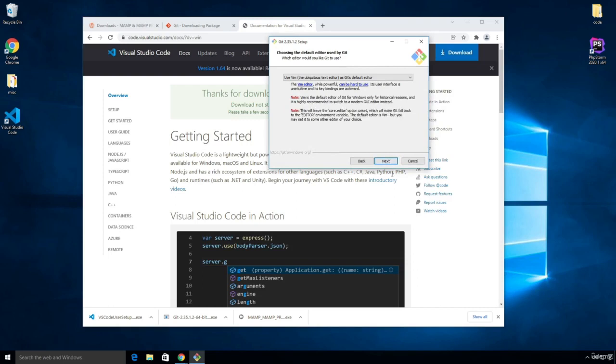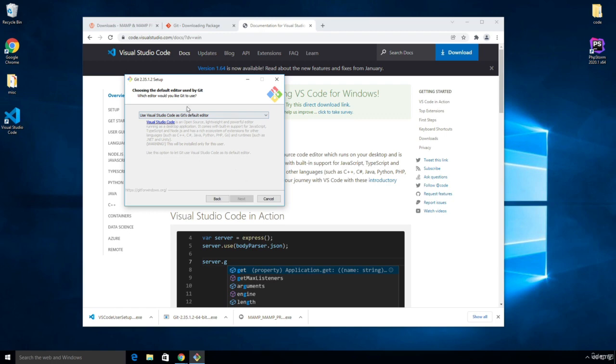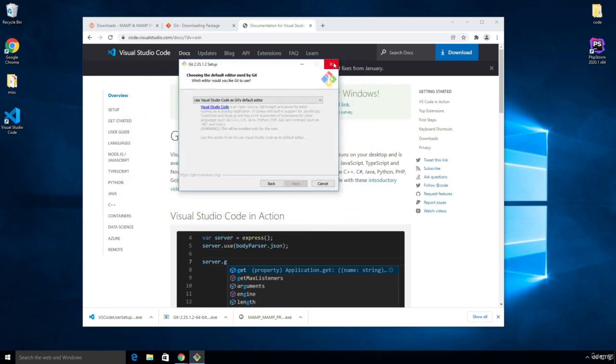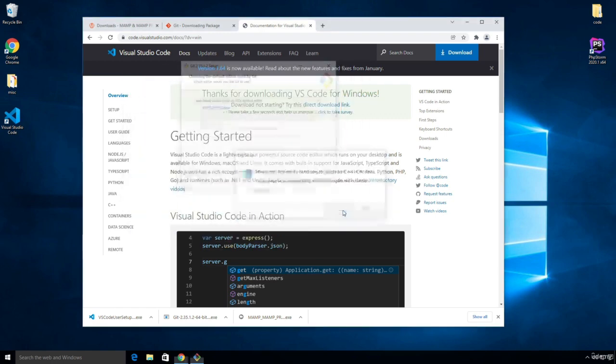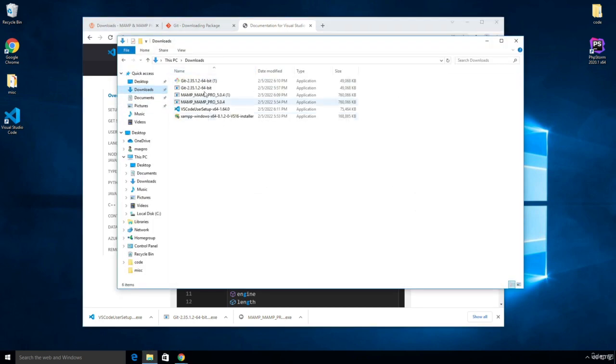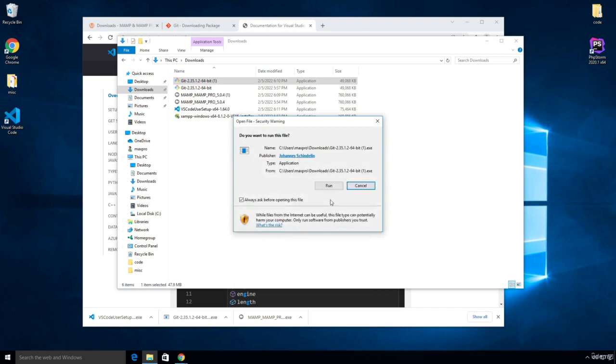So I'm going to say next, and right here it's going to ask me to use Visual Studio Code as Git's default editor. I'm gonna click yes, and it's not gonna work because I started this before. So I'm gonna get out of the install. I'm gonna go to my downloads folder, and I have Git in here, so I'm gonna run it again,